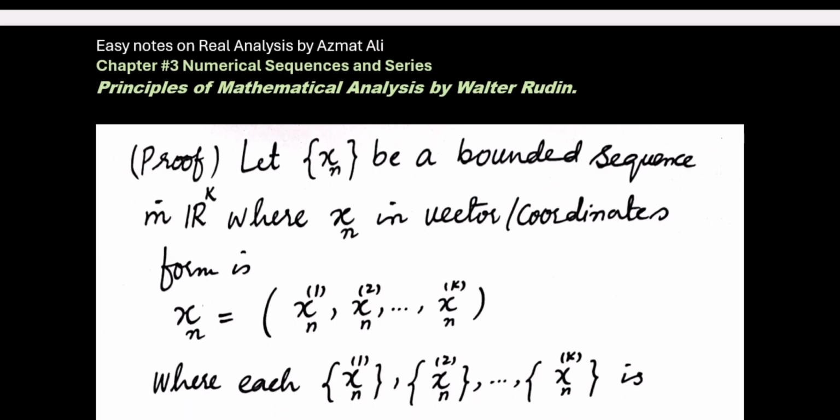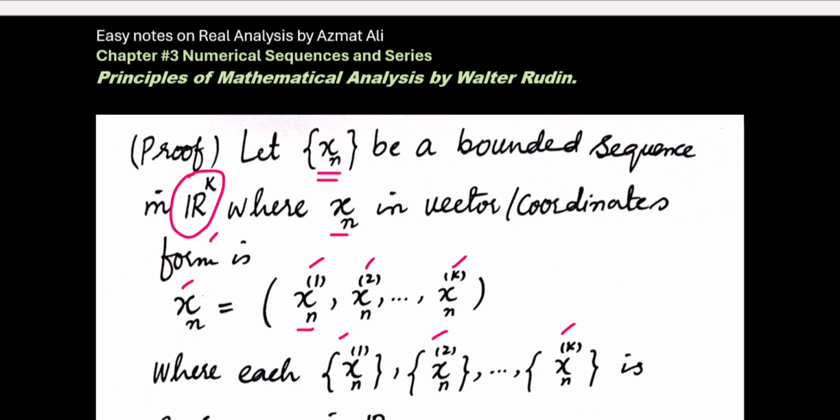Let xn be a bounded sequence in Rk, the kth dimensional real space, where xn in vector or coordinate form is clearly a bounded sequence in Rk. So xn has a k-tuple, or you can say it has k coordinates. The first coordinate is denoted by xn1, xn2, up to xnk,